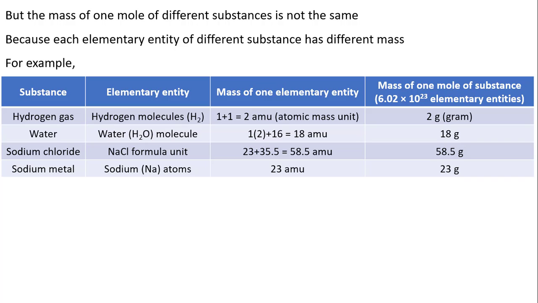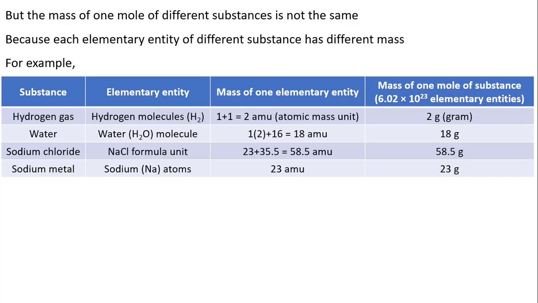And amu, as we all know, is the atomic mass unit. In other words, if I take 1 molecule of hydrogen, it will have the weight of 2 amu. And the weight of 1 mole, which is far greater than 1 amu, will be 2 grams. And that's what we all know, that in 2 grams of hydrogen,